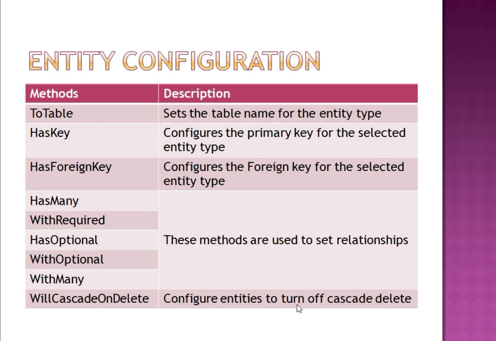When you set it to true, cascade on delete will work, and if you set it to false, the cascade on delete option will not work. That means if you delete the parent record, no child record will be deleted, even if it is present in the child table. Okay, definitely we are going to see this example practically also, so it will be easier to understand. Okay, now let us see